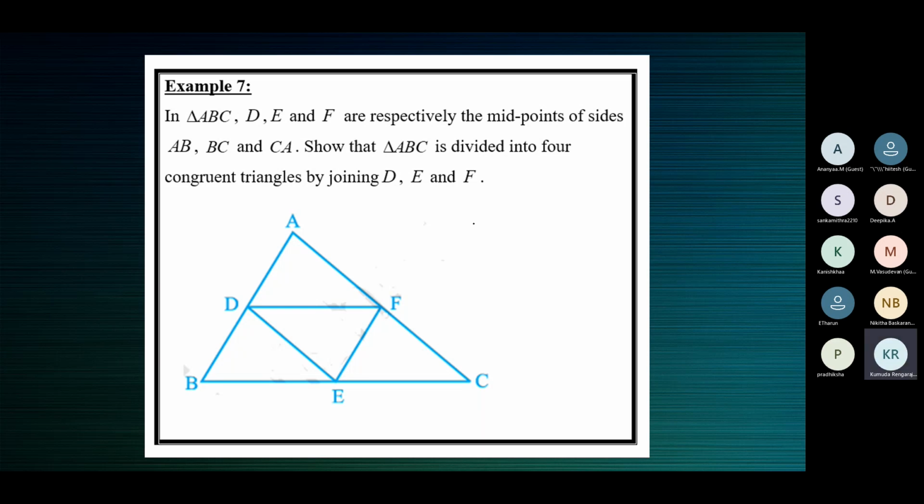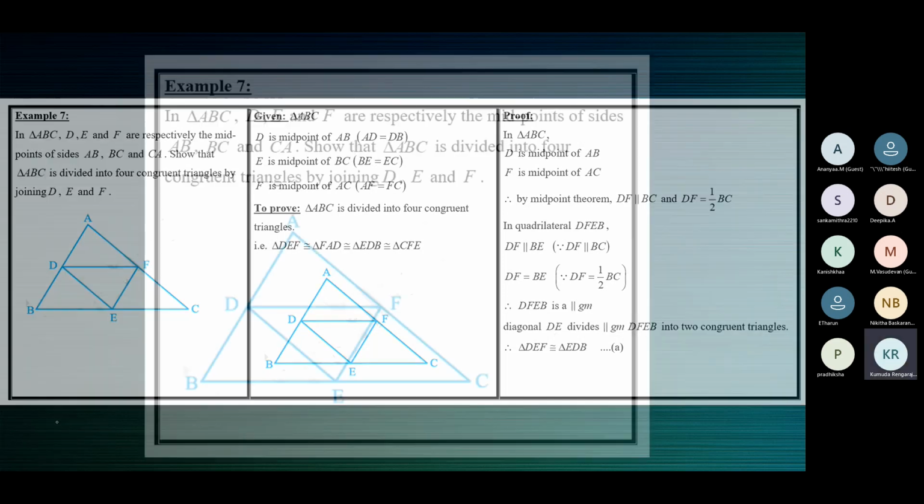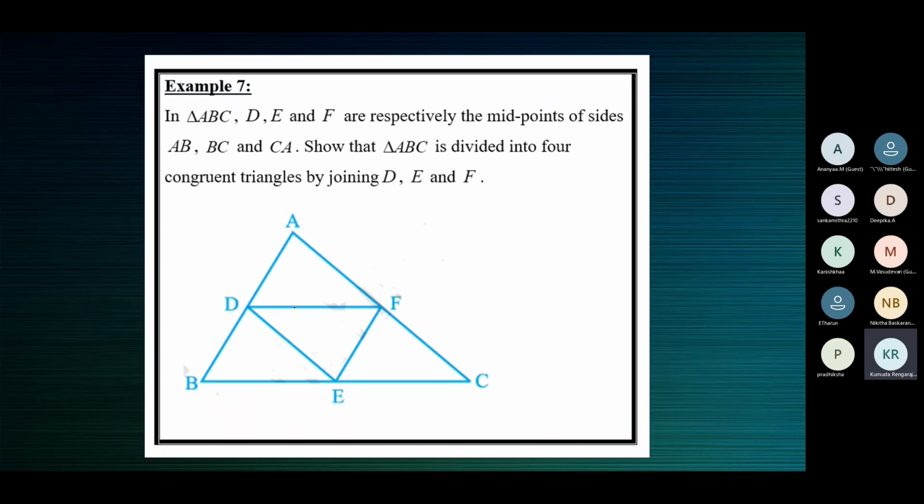Now, so that is what it is. The diagonal of a parallelogram divides it into two congruent triangles. I've mentioned that in the proof. See here, diagonal divides the parallelogram into two congruent triangles. So don't worry about that. That's a property. So now this proof is very simple.